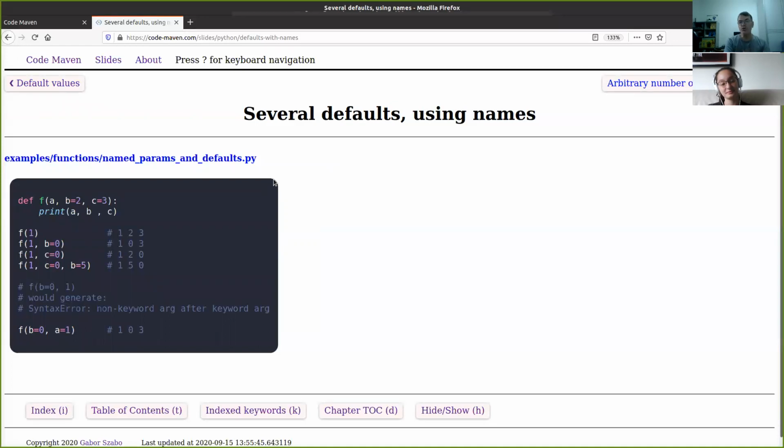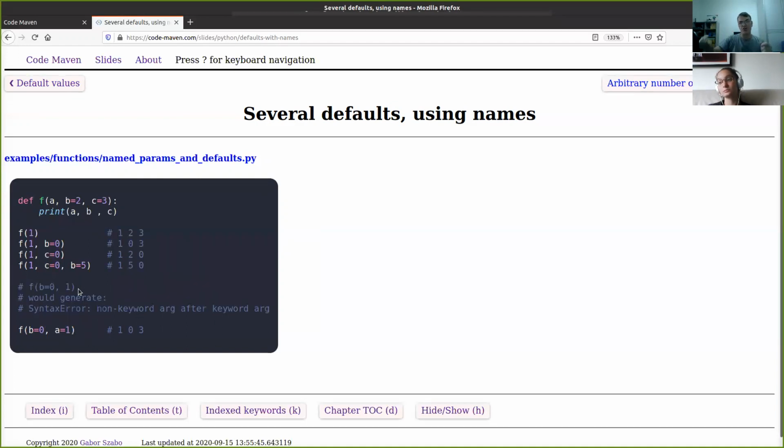Okay, so you can also have several of the attributes with defaults. In this case, B and C both have defaults. And then there are all kinds of examples, it's just not really interesting. You go over which cases it can be. Basically, there's one important rule here with the defaults, which is that all the parameters that get a default value must come at the end